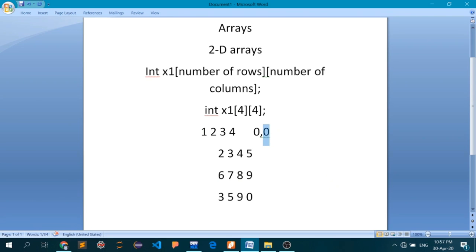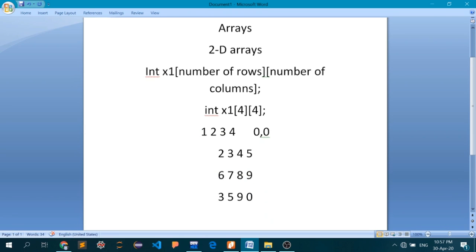So if I want to find out the index of this particular value, let's count: first row, that is 0th row, first row, second row, third row.